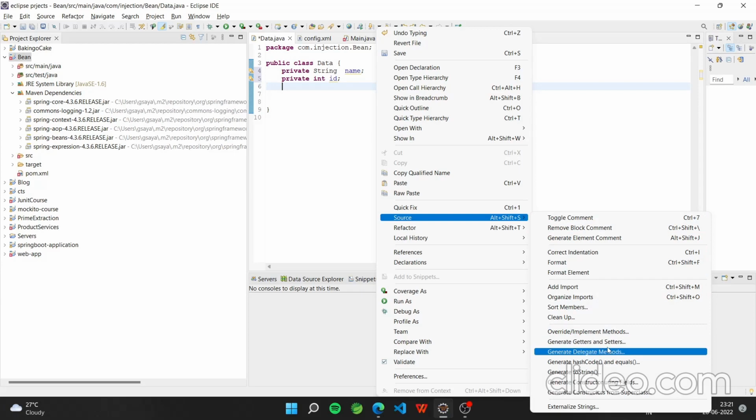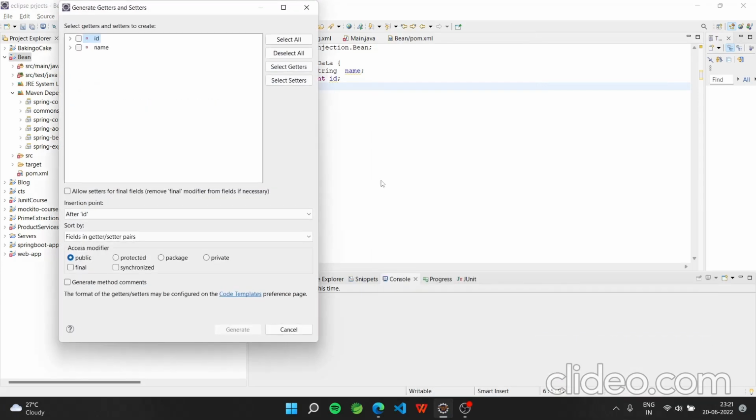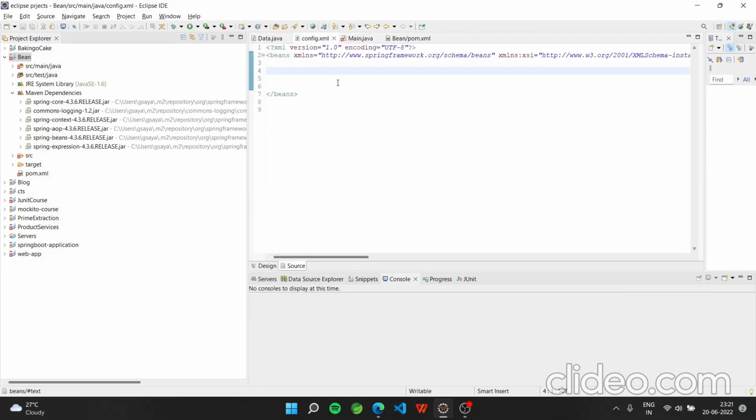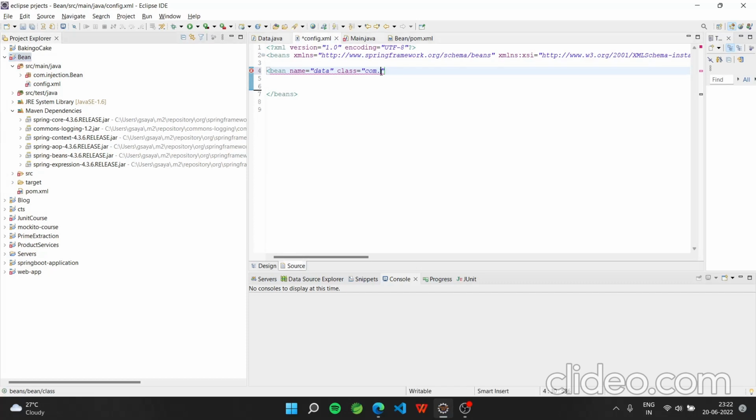Let's go to this one. I save this. Now I create the bean ID. Okay, you can give any name over here. The class should be the directory that we have, the package com dot injection